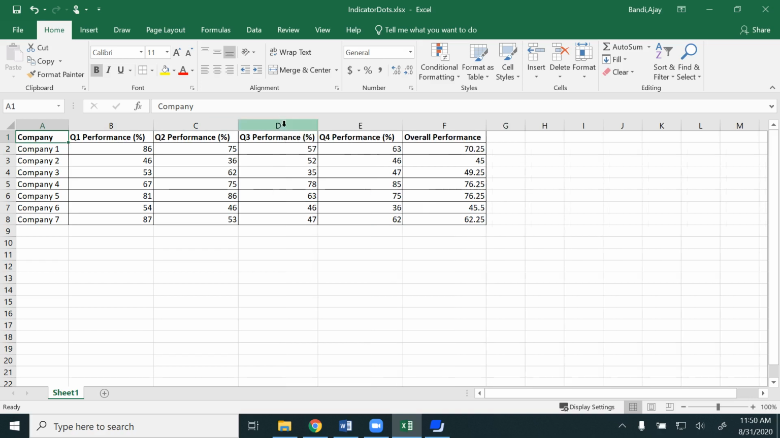performance in 4 different quarters in percentage and the overall performance. If you take company 1 in the first quarter, they have 86 percentage performance, 75 percentage, 57 percentage, and 63 percentage respectively with all the quarters there. Here is the overall percentage. So if you want to see a relative performance of all those quarters,